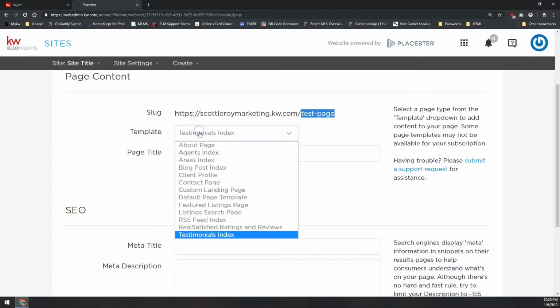For template here, this is where you're choosing what kind of page you want to create. Is this an about page? And that one's already been created on your site. No need to recreate that. Do you want an agent's index page? Well, too bad. If you notice, as I hover my mouse over this, it actually skips between about page and areas index. It won't let me actually click on agent's index, and that's because that's part of an upgrade package